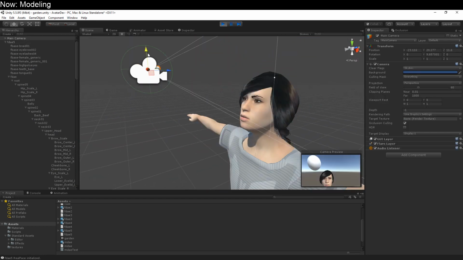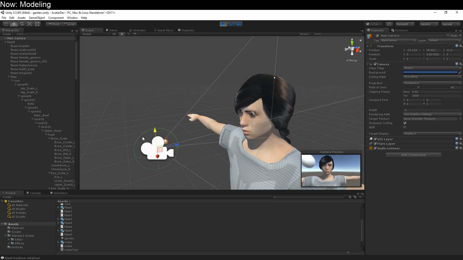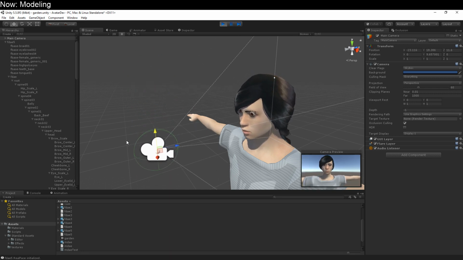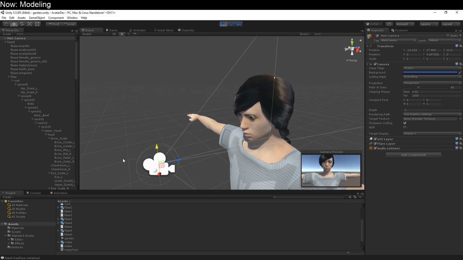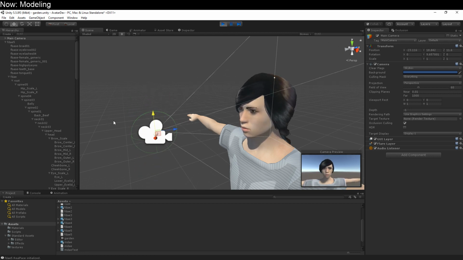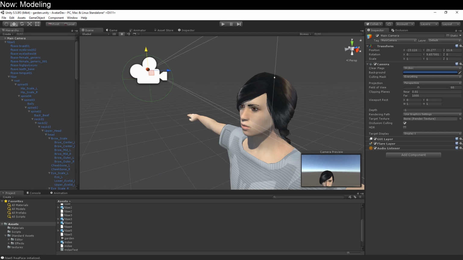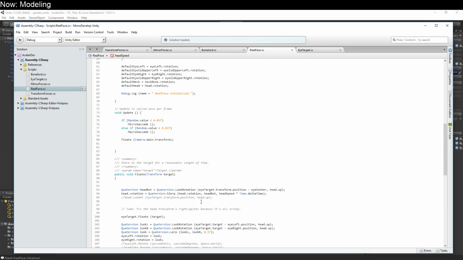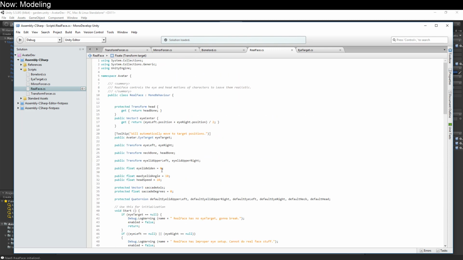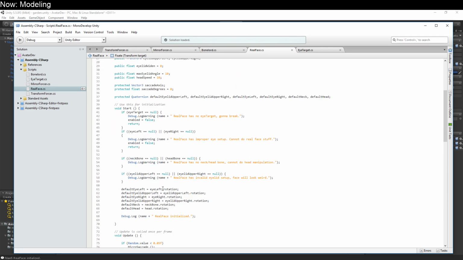If we grab this, we can watch the head track. Ooh, we got some... that's interesting. That has got to be a bug with our max eyelid situation. Yeah, because it's tracking off of the wrong variable, isn't it? So if we look down here at our eyelid angle, it's our default eyelid, but the rotation is stored as a global and not as a local. So that means that we are not tracking properly. So we want these all to be local rotations,